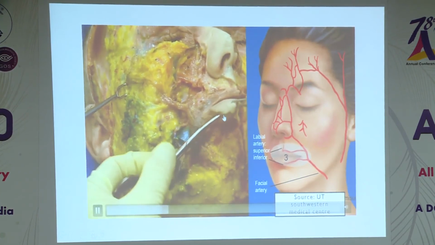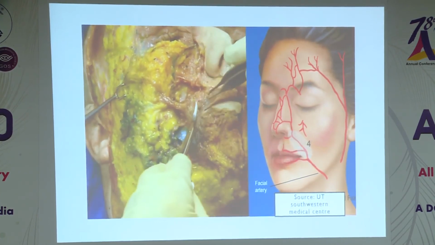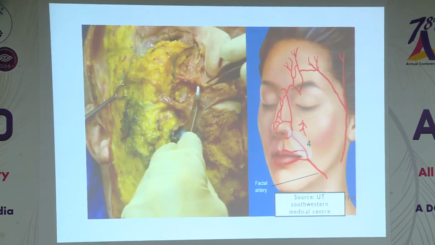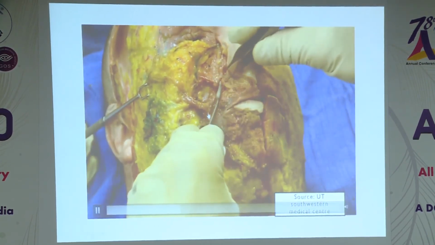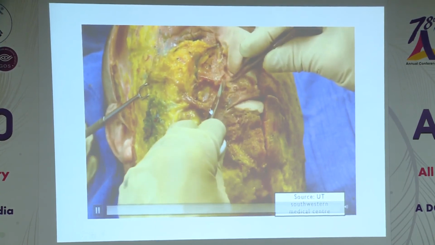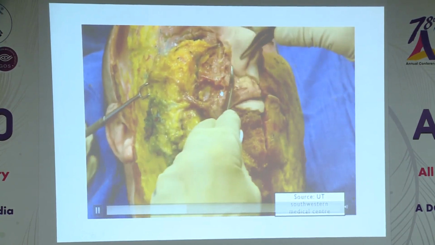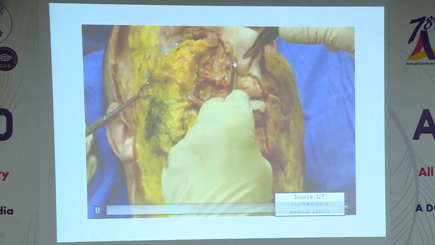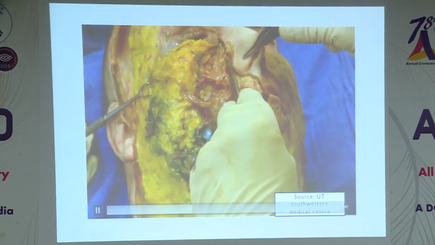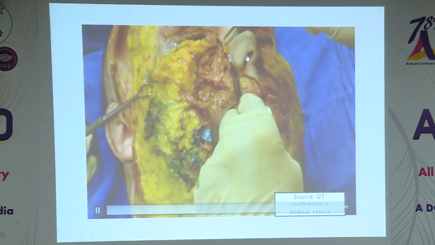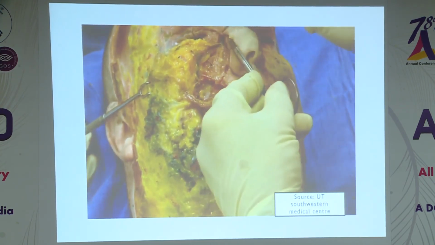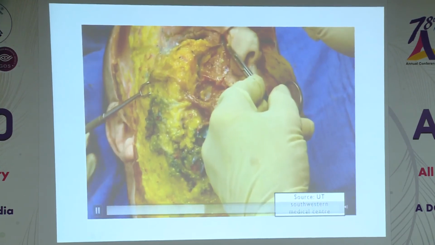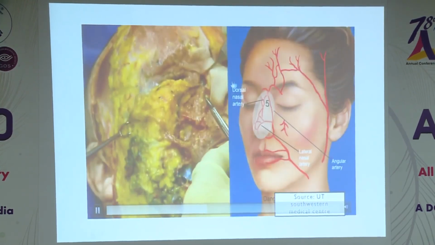So when you do lip fillers, stay superficial. Don't go more than 3 millimeters. 2 to 3 millimeters is the maximum where you want to inject. As the facial artery goes up, see this, the tortuous course. Around 1 finger breadth away from the ala of the nose, it becomes superficial. So when you're doing fillers for the nasolabial fold, you actually go down deep to the pyriform fossa, aspirate, touch the bone, and avoid the arteries here.